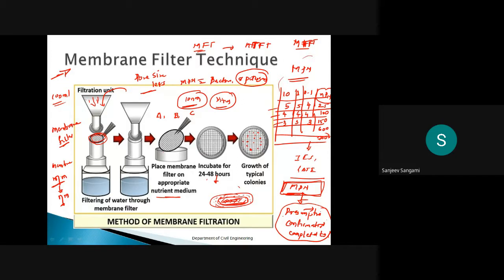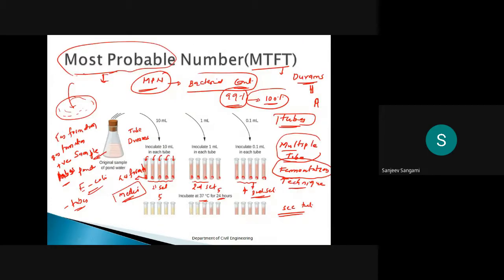I'll not highlight those things. The method is the same. For A also the method is the same: 10 ml, 1 ml, 0.1 ml. In confirmative also the method is the same. So we repeat this 3 times, and we should get the same series like the MPN series. Assume that in the first stage, the presumptive, you got 554.